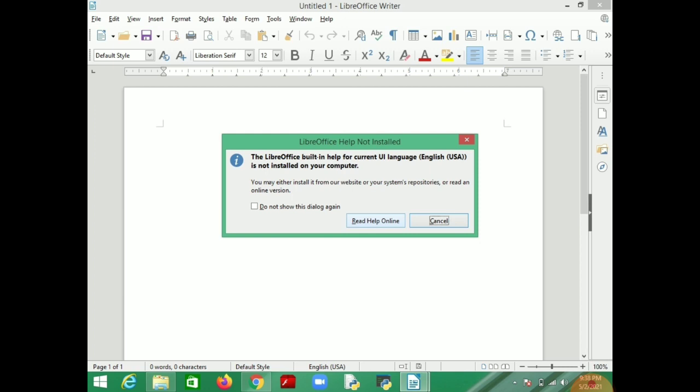When you click it, it opens an online browser. From there you can read help about LibreOffice Writer. Different topics you can access from there.